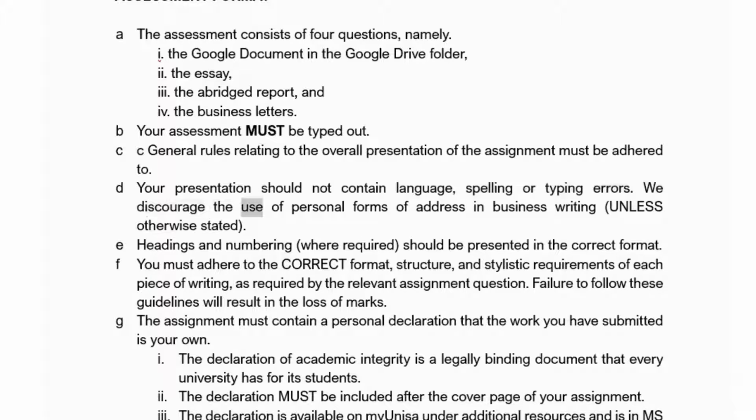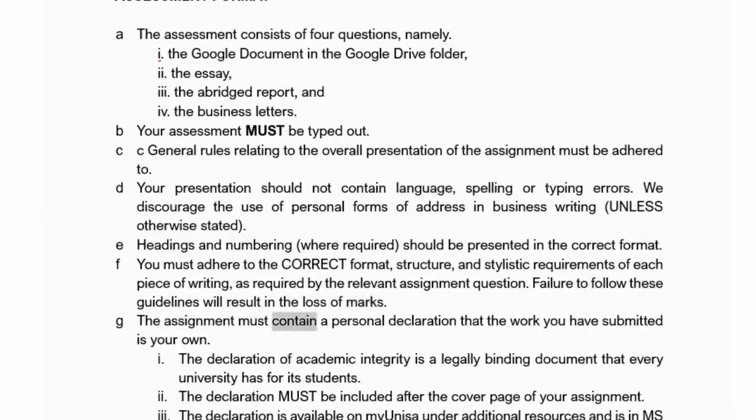We discourage the use of personal forms of address in business writing, unless otherwise stated. Headings and numbering, where required, should be presented in the correct format. You must adhere to the correct format, structure, and stylistic requirements of each piece of writing as required by the relevant assignment question. Failure to follow these guidelines will result in the loss of marks.